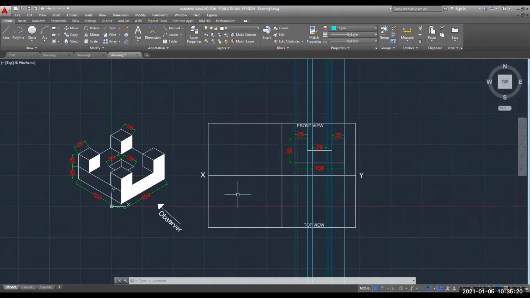So we need to cut those portions. So let's go with the trim command. Select the baseline, press enter, and select the unwanted part. Similarly, on the top portion also, I will do like that.